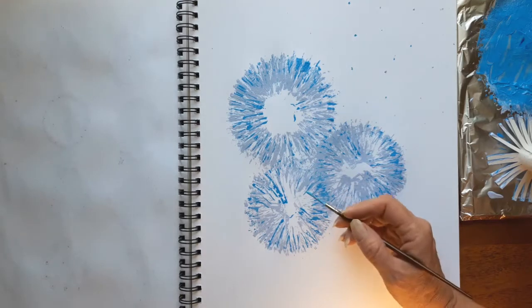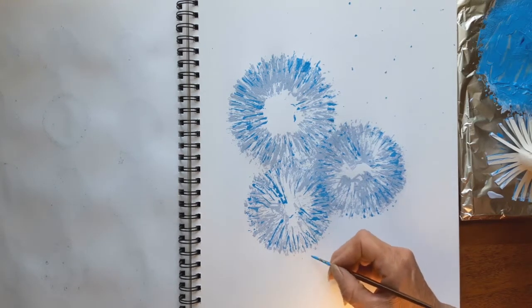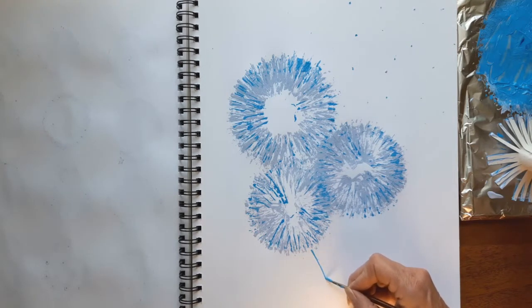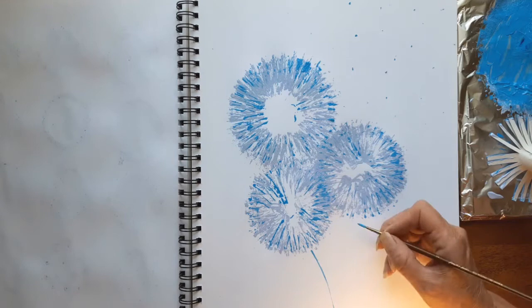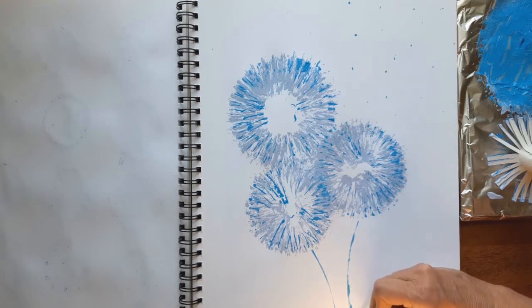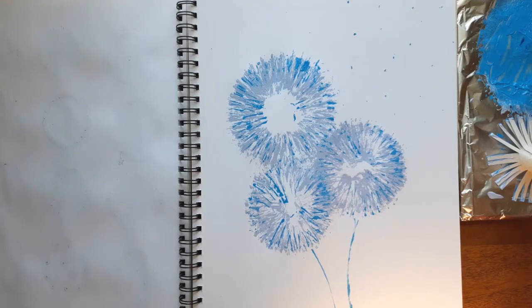Okay, so now we are going to make some stems. And since these flowers are dry and blowing in the wind, we kind of want to make stems that reflect that. So we want to make our stems look a little bit dry, wispy, not thick and luscious. So where do we want to make our stems? I think the two smaller ones will play against each other, be further apart at the top and then come together towards the bottom. And the tall one